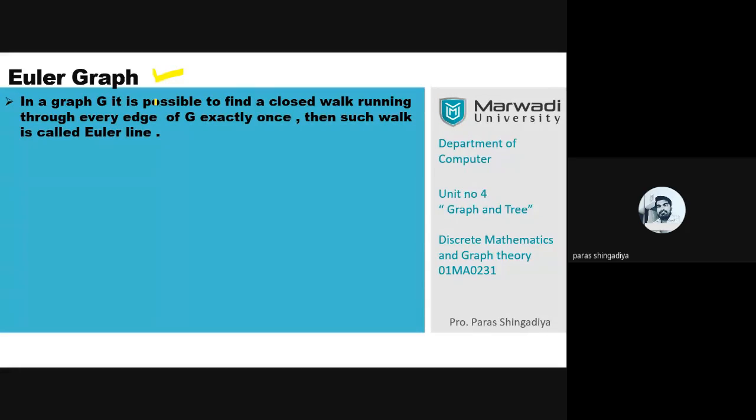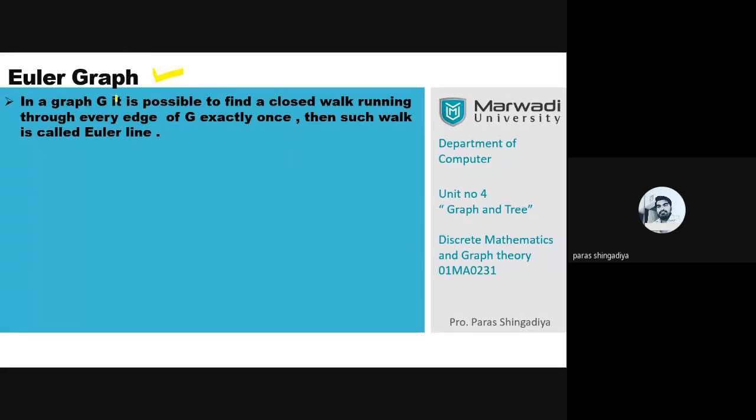What is the question? There are 7 bridges over this river, and you have to visit all such bridges exactly one time and again reach back to your starting place. So is it possible or not? How can we check that easily? By using the graph. Euler derived that, and by using the Euler graph, we can check whether it is possible or not. So let us first learn this graph, and then after we'll think about that type of real life problem.